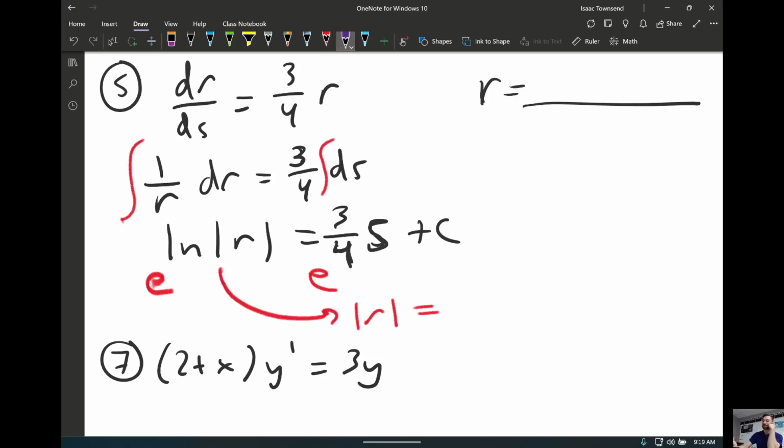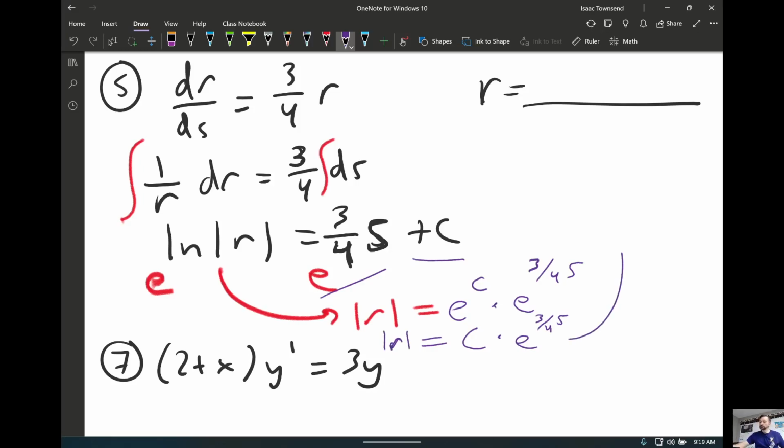Over here, I can split this guy up. This is like e to the c times e to the 3/4 s. And the reason why I want to write it like this is a number to an unknown power is really just a different unknown number. And that's kind of important because they always do that on multiple choice. So